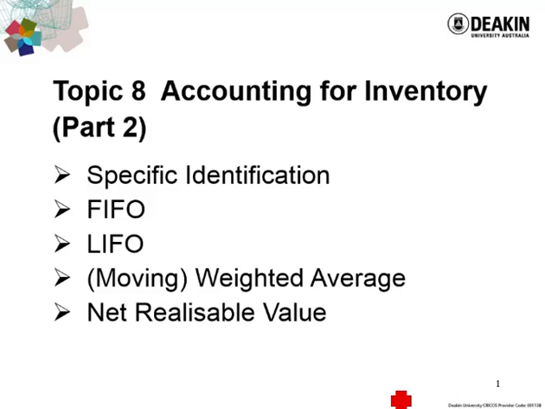In this video, we will cover topic 8 and we will continue to look at accounting for inventory. In the previous topic, we assumed that inventory cost is constant. However, in real life, inventory costs always fluctuate. We have to rely on cost flow assumptions such as FIFO, LIFO, and weighted average to account for inventory when the inventory costs fluctuate. The selection of inventory cost flow assumptions will affect our cost of goods sold, net profit,